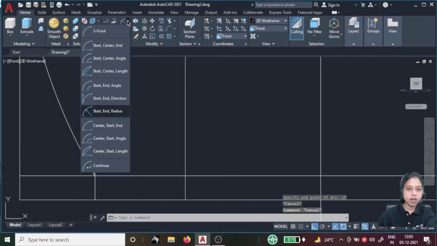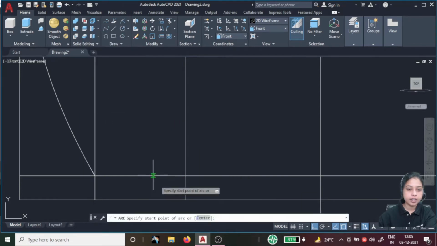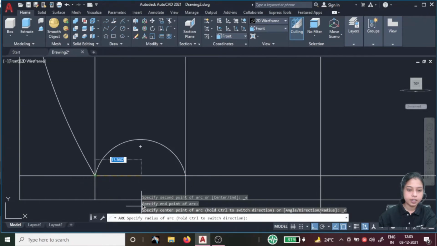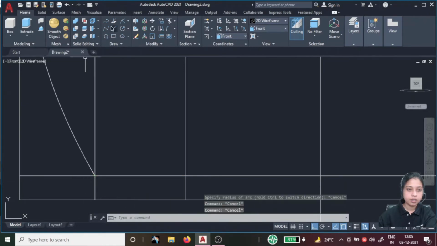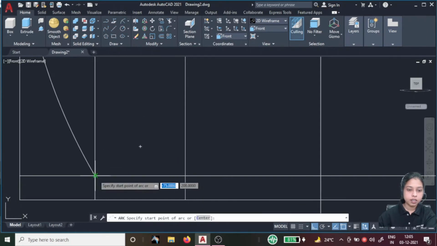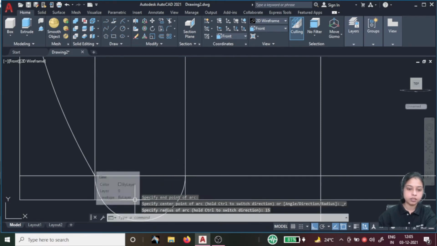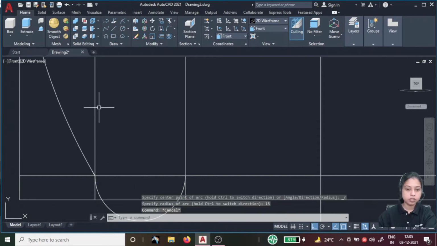Go for the arc, start, end, radius: left side to start, right side end, and give the value 15, enter. We need 15 now, only this much.